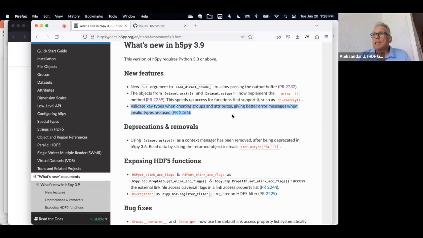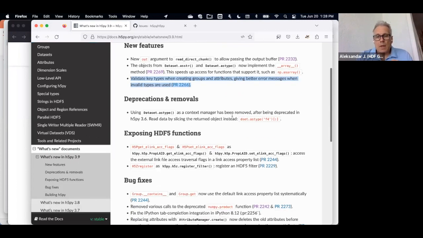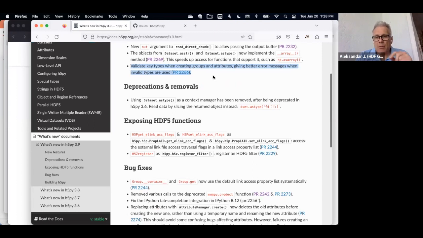But the problem was really that people were passing an integer as a number to the HDF5 library and saying, create me a group with this name. And so h5py has now improved its error detection, and now it's going to raise a proper message that says that only strings or byte objects are allowed as group names. And hopefully that will take care of the several bug reports with this problem as a cause.